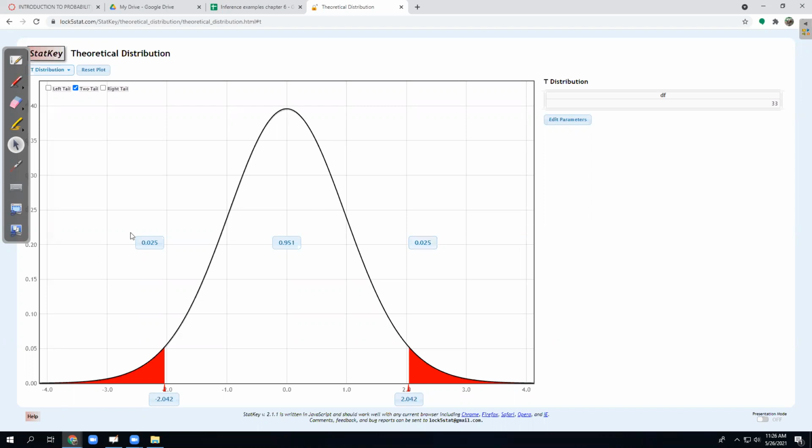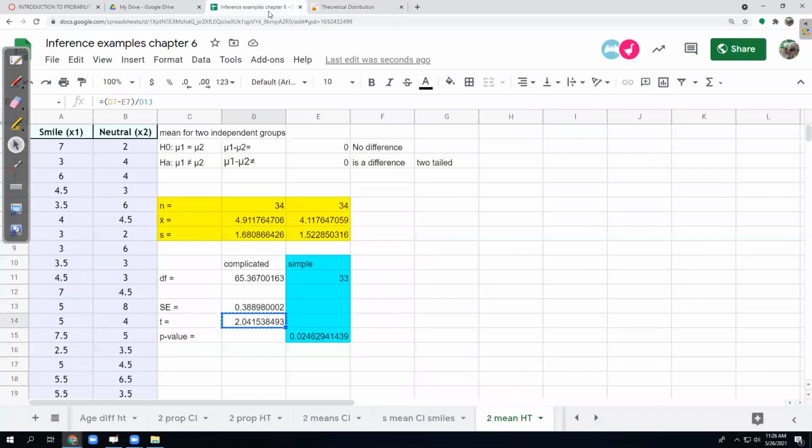That looks like 0.025. Why am I getting a very different number? Oh, what? Interesting. That does not look right. Did I use the wrong formula? The right tail. Oh, I typed right tail instead of two tail. Ah, thank you, Tammy. Oof. Maybe I do need some caffeinated tea. Enter. There we go. So about